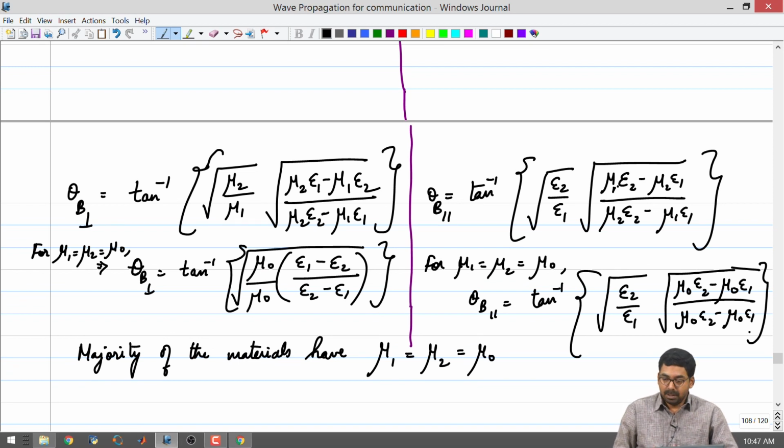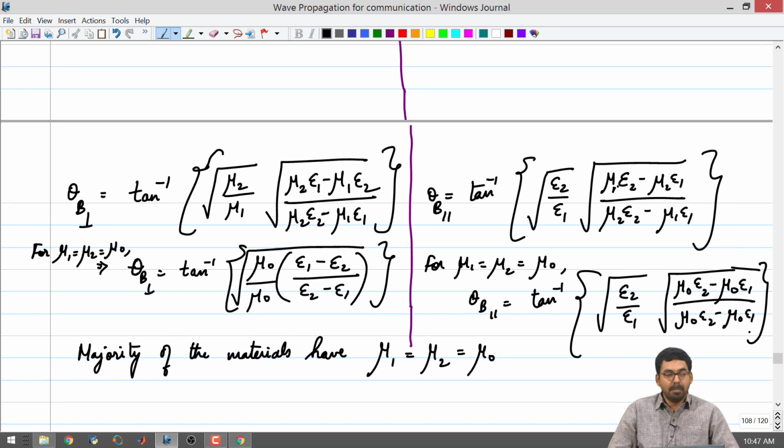So, I think we will stop here. One of the reasons why I mentioned these is because in the case of transmission line, impedance matching was trivial. All you needed to do was find out (ZL minus Z0) by (ZL plus Z0) and then make sure that you go to the center of the Smith chart somehow. Here, however, if you go to the center of the Smith chart for one polarization, you may not be at the center of the Smith chart for another polarization.